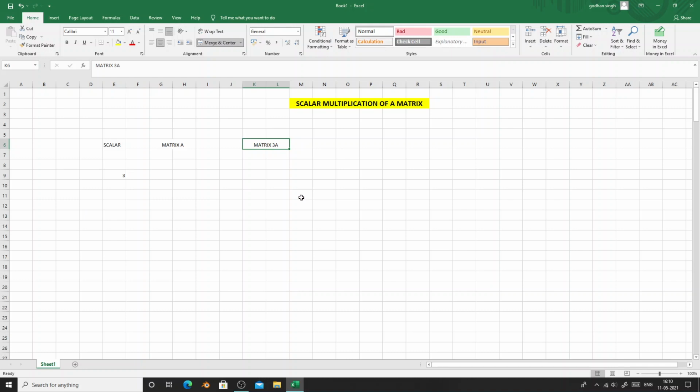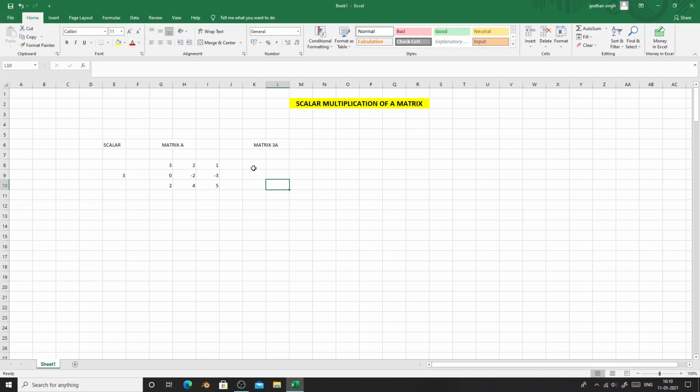Now next thing what we are going to do is just select this. We'll take a matrix of order 3 cross 3, so that will be 9 elements. So here let me write any numbers. Suppose I write 3, then 2, then 1, and here 0, and then minus 2. Here I will take minus 3, and then 2 again, 4 and 5. So this is our matrix A.